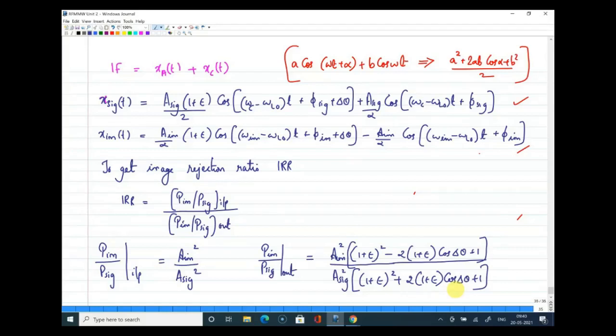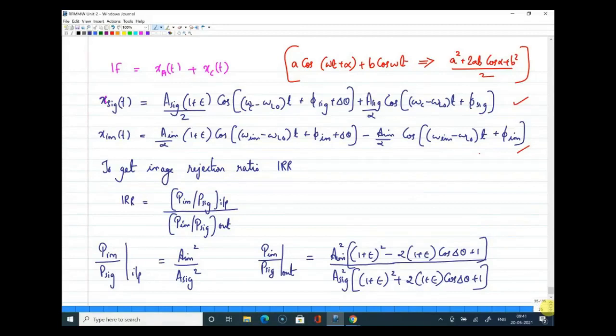Yeah, so if the delta theta value is very small, we have to express that in radians itself, and then this fraction will be a very small value. But still, we have to look at the image rejection ratio, because we know it is not going to become infinity. The image power is not going to become zero here. That is why we are doing this analysis and looking at the image rejection ratio. We cannot say it will always be a small difference of delta theta that happens, right?